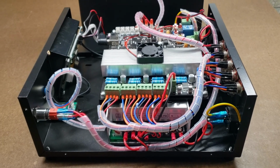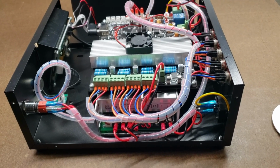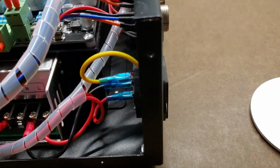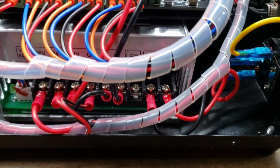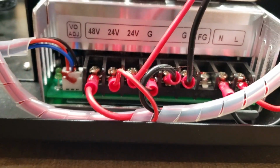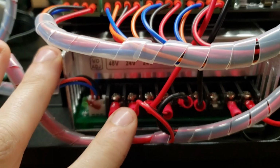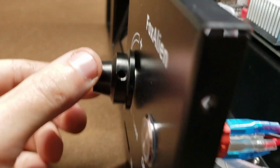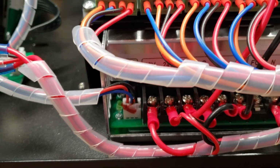So I've taken upon myself to open up the control box here just to see what's inside and how it's done. And I'm quite happy with what I've seen in here. So starting off here, we've got the main AC coming in, and goes into this multiple voltage out power supply here. The 48 volts I believe is for the spindle, and from the front this potentiometer for the spindle speed connects right up to the control board here, so that's how that voltage is varied. The main power switch here,